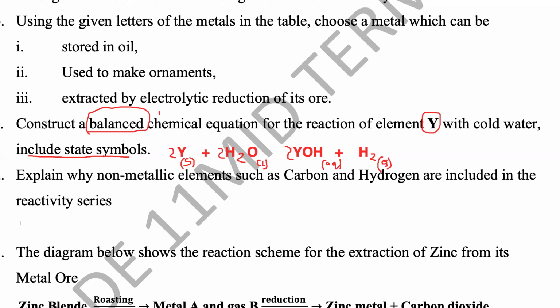Okay, then the last one says A, B, C. I don't know if it's D. Explain why non-metallic elements such as carbon and hydrogen are included in the reactivity series. Do you remember the explanation that I gave here? No, sir. I said that the reactivity series is only for metals, but even elements such as carbon and hydrogen are included. And the reasons